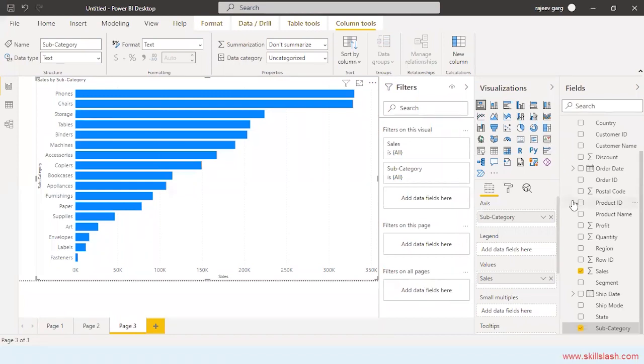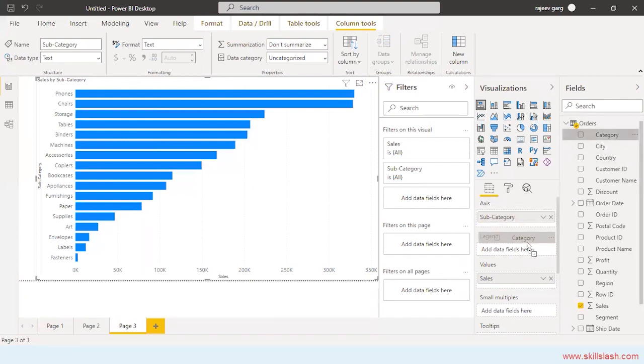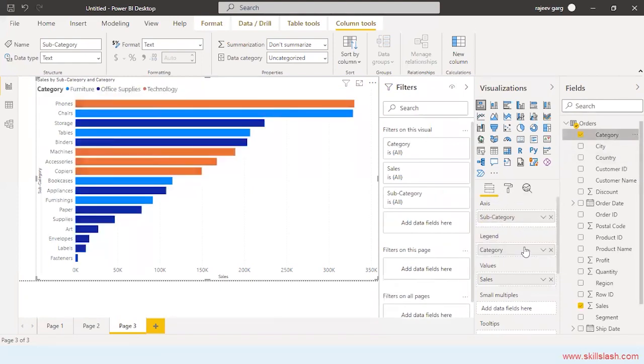Okay, let me try to put category into the legend. So you can see each category has been highlighted in a different color. Technology is orange, furniture is light blue, and office supplies is dark blue.